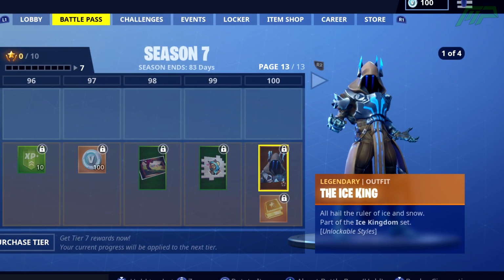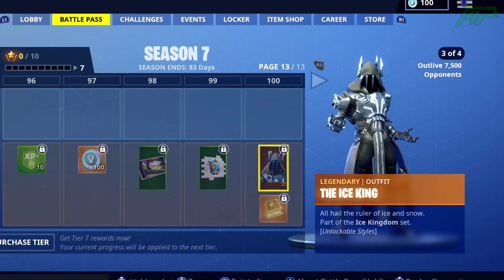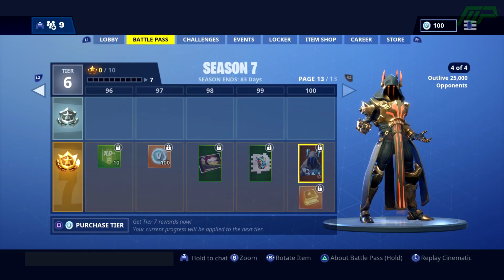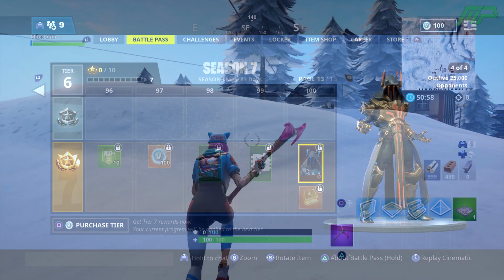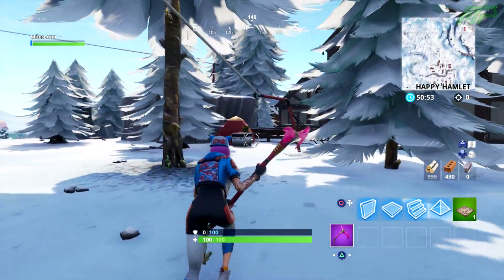And finally, for reaching level 100 there is an outfit called the Ice King, which has 4 different styles, and to unlock all the different styles you need to outlive 25,000 opponents, which will take like 250 games if you win every single game, so it will take quite a while to max out this outfit, but it does look pretty good. So that was a quick summary of the battle pass, and finally let's take a look at some